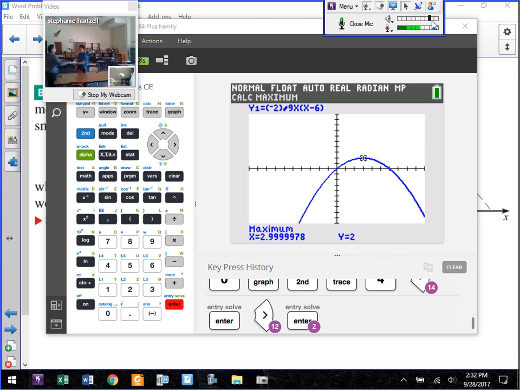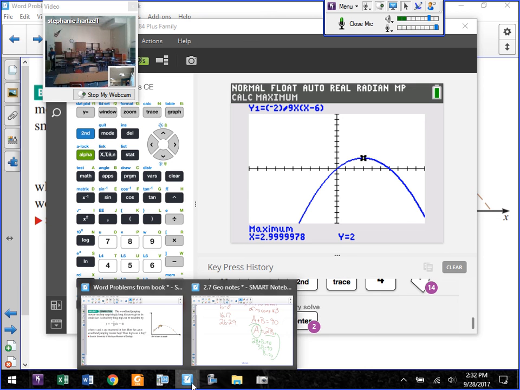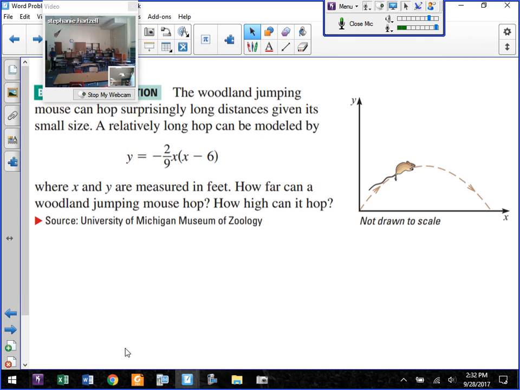So that means your maximum height is 3 feet. The maximum height is 3 feet. I'm sorry, the maximum height is 2 feet, excuse me. So if he's got a maximum at